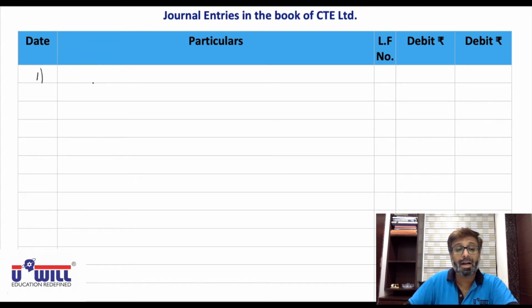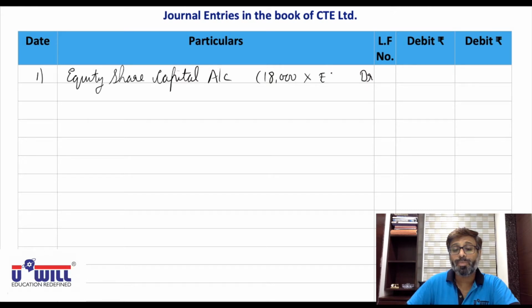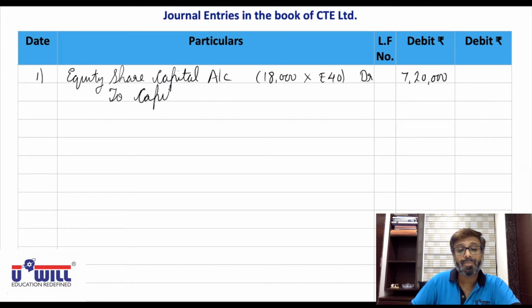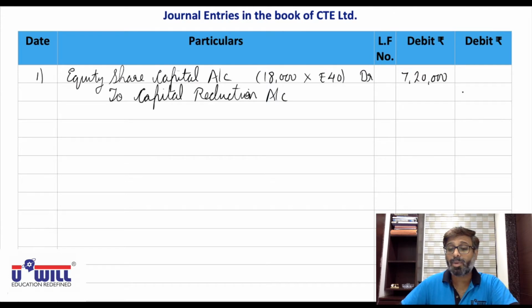So read on the first entry, equity share capital account debit with the sacrificed amount of 18,000 shares into 40 rupees. Okay, they are reduced to 60, not by 62. So they are sacrificing 40 rupees remaining. 7,20,000 will be directly transferred to capital reduction account. To capital reduction account 7,20,000